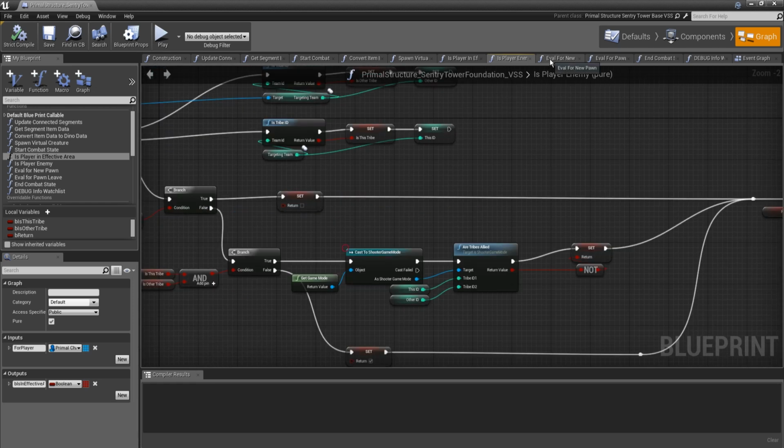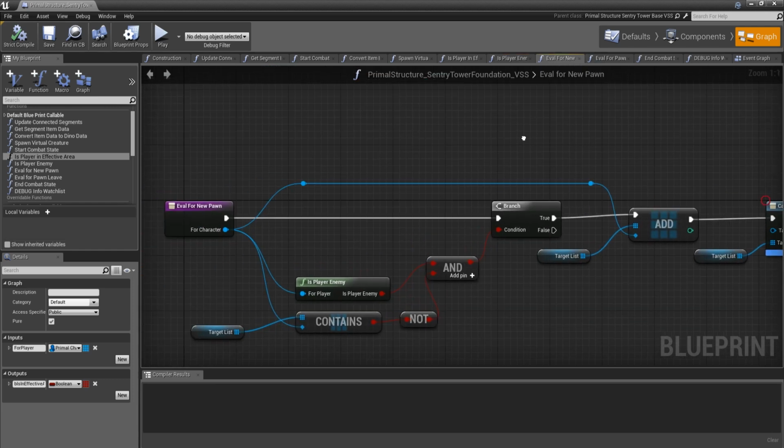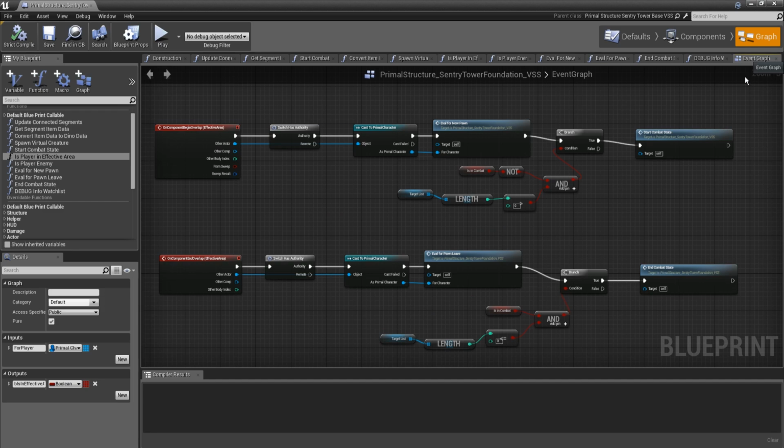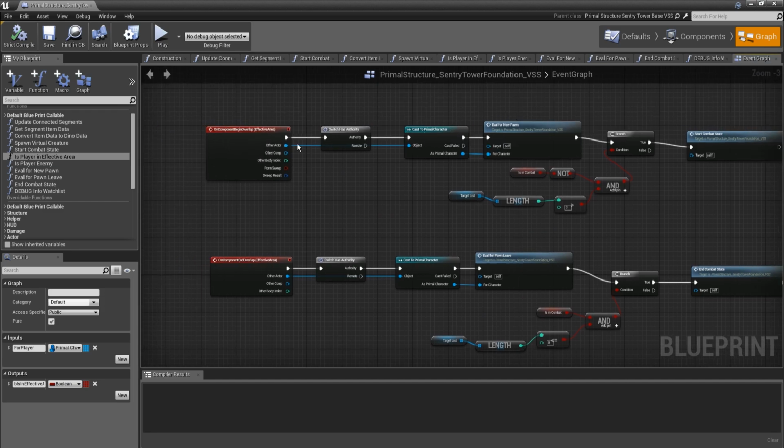And then I've added a couple new functions here. Eval for new pawn. Now this one gets called when a new character has entered the overlap area, the effective area.